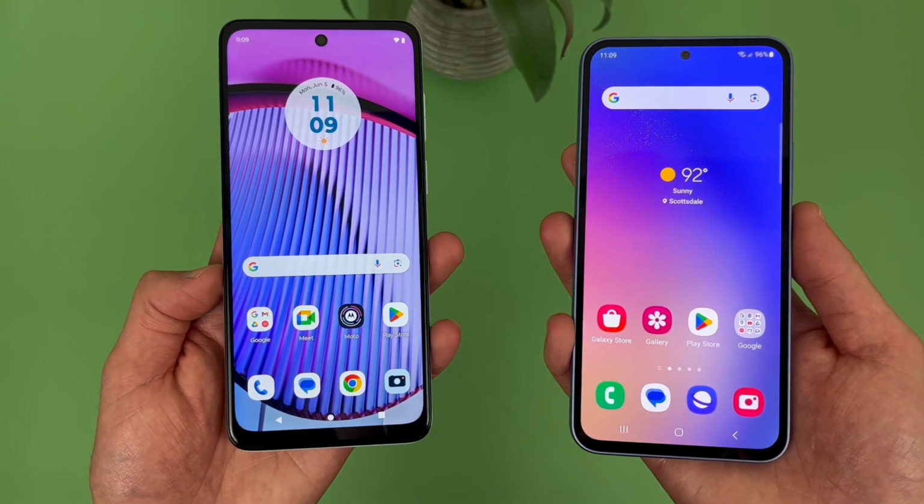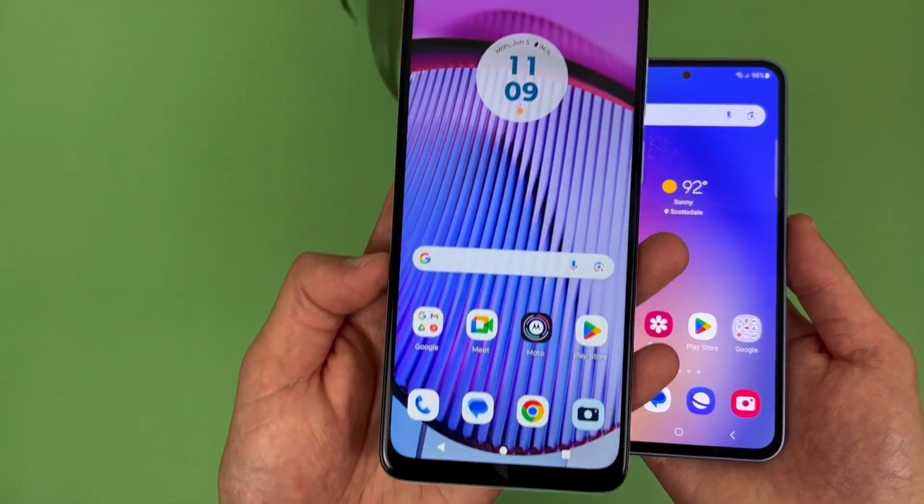In this video, we're going to be doing a quick comparison between the Motorola Moto G Power 5G and the